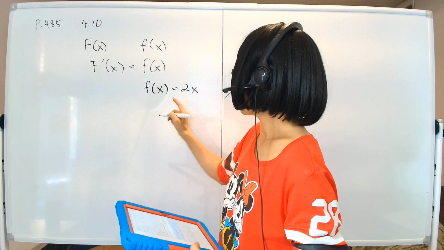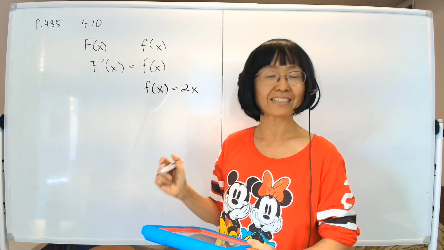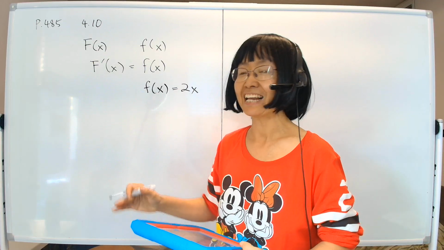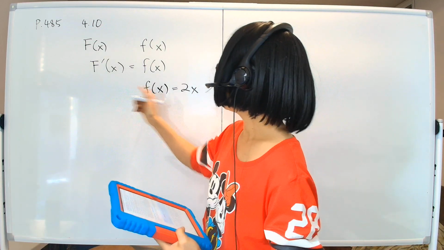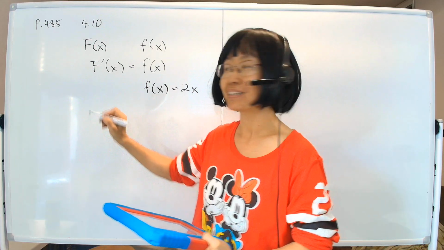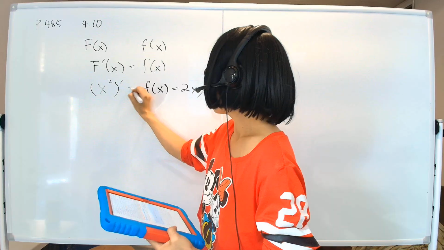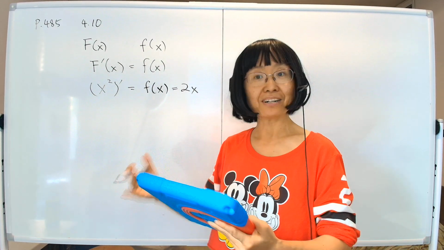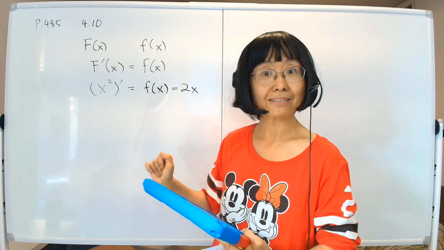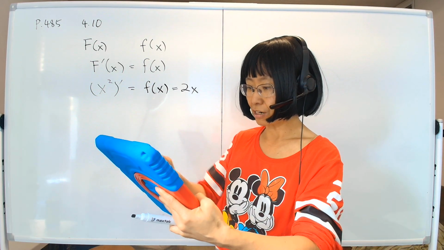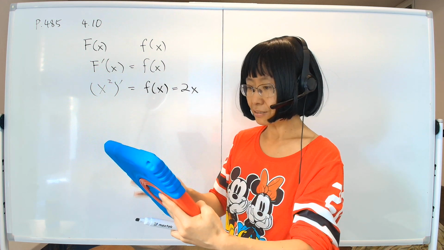2x. Now, what kind of function can you imagine whose derivative will become 2x? If you use your imagination, like Walt Disney wants us to do, then you will quickly remember that when you take the derivative of x squared, that would become 2x, right? And you are right. x squared would be the antiderivative of 2x that we're looking for. However, the next question is